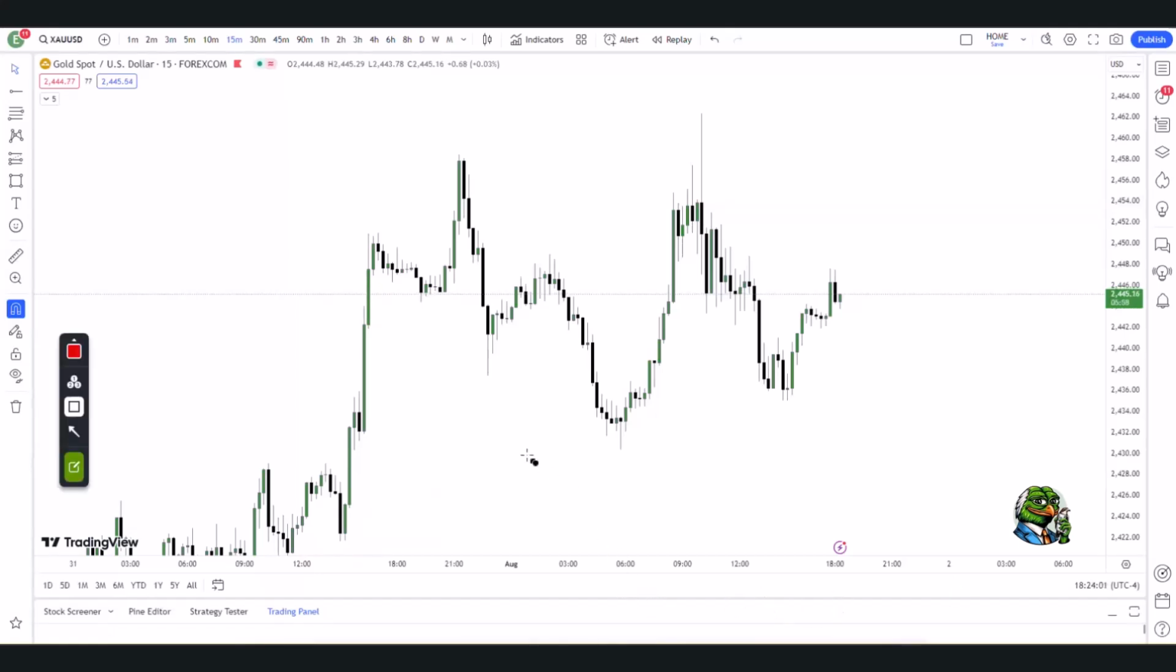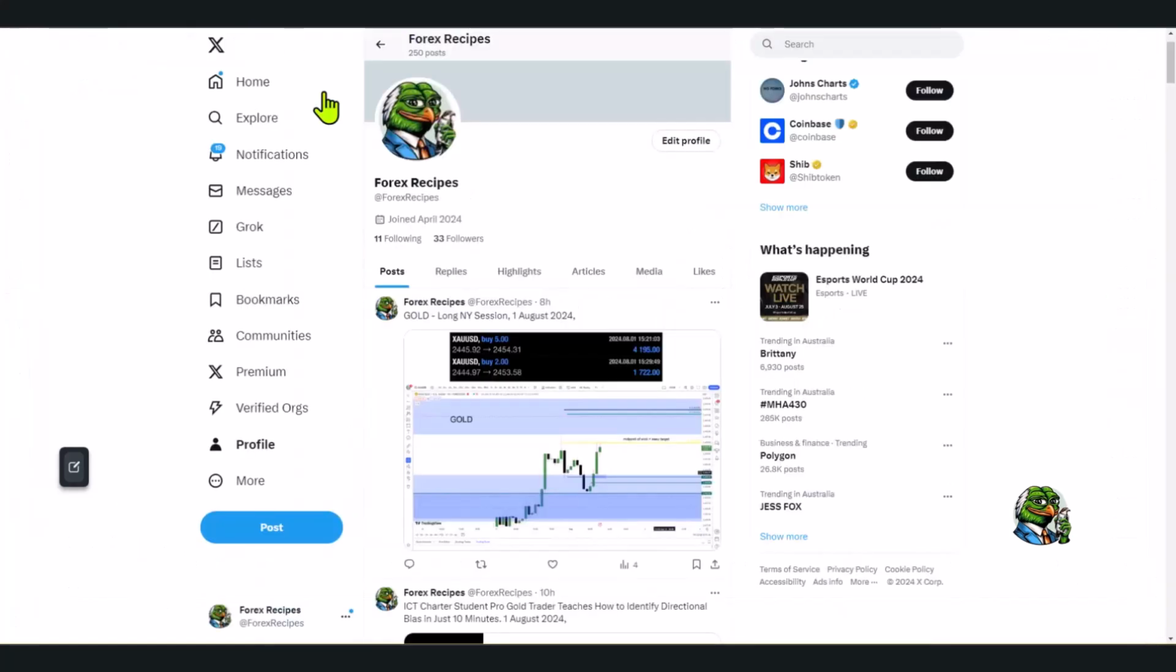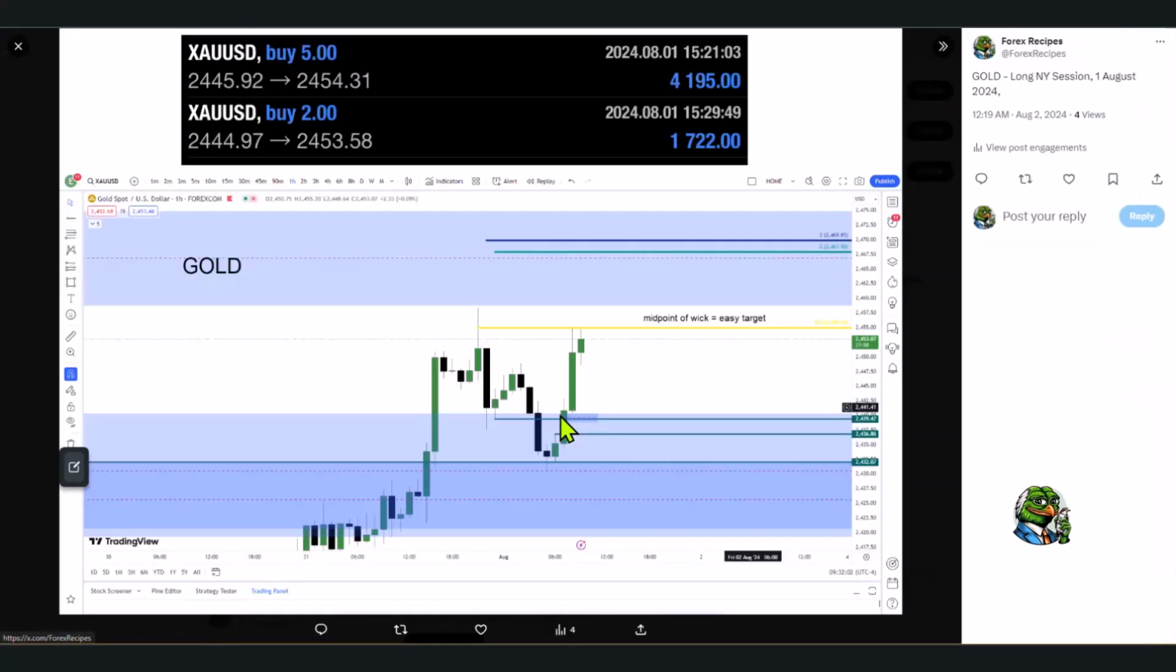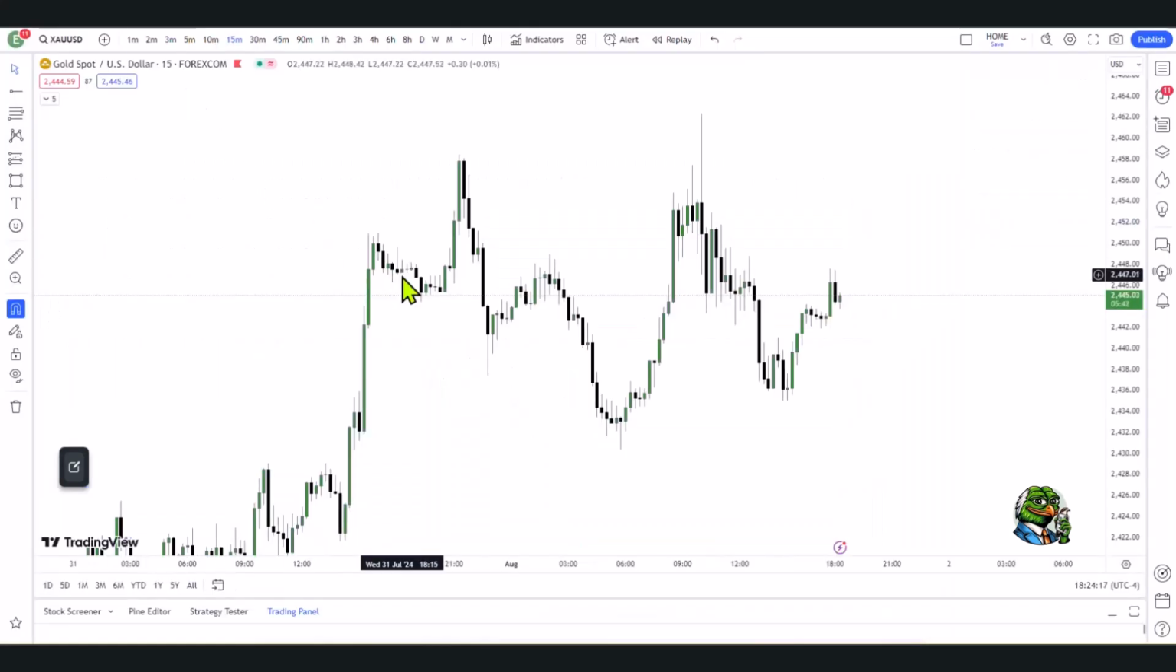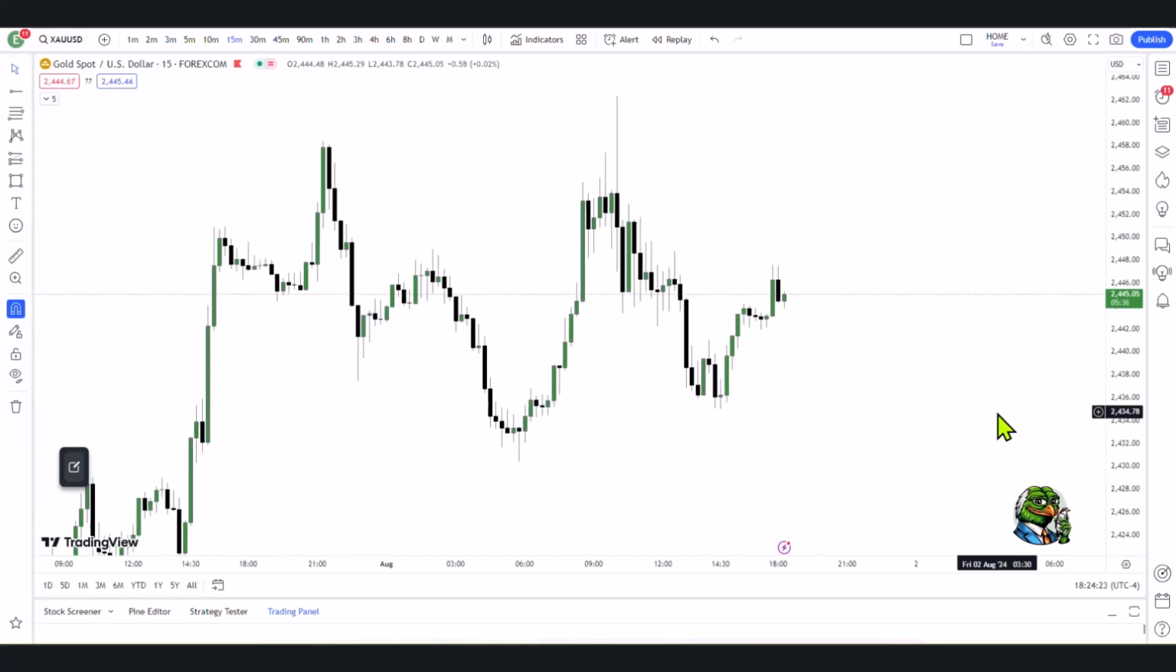You're looking at a chart of gold on a 15-minute time frame, and I want to walk through yesterday's New York trade that I journaled up here. I want to walk through this particular trade and a few things that I want to go through. Firstly, in my previous video, I taught you how to read structure and how to take advantage of the